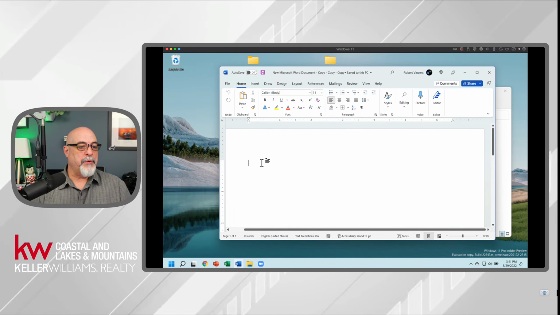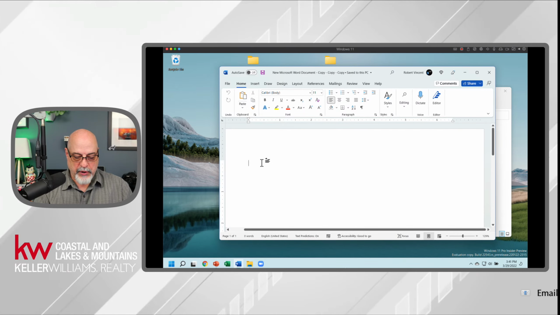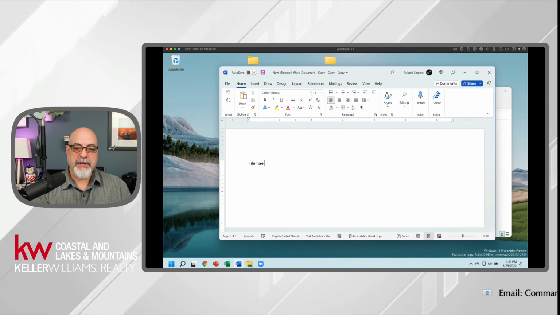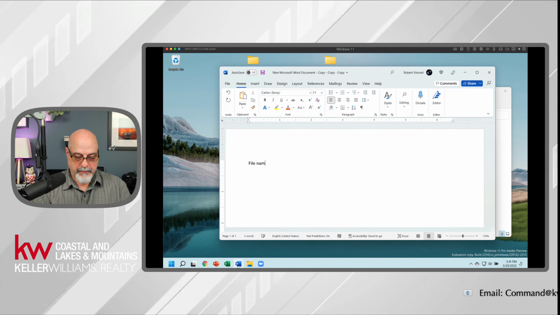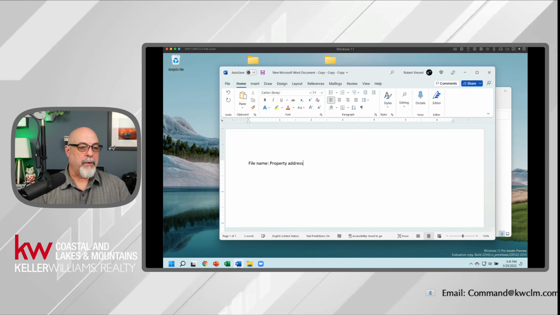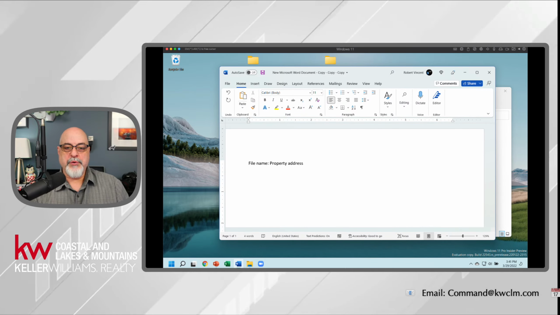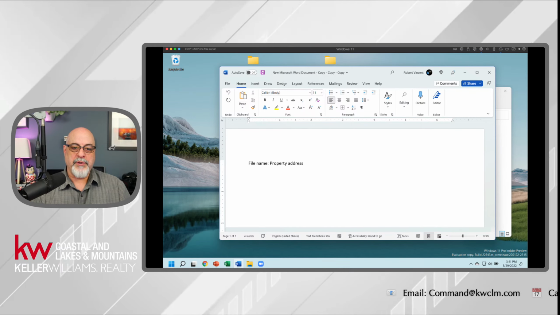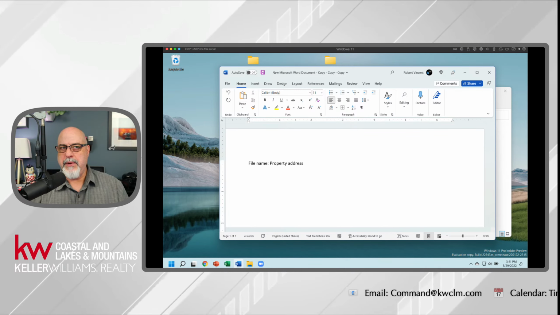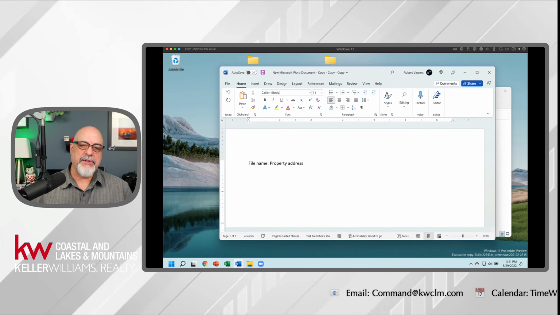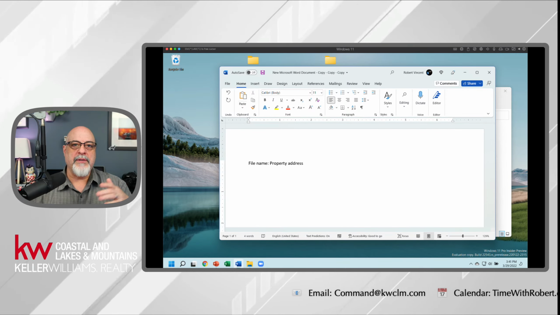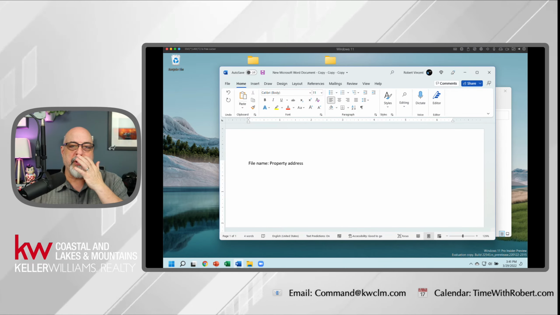If you're dealing with properties, then you always want to start the name of the file with the name of the property. So if you've got 123 Main Street, then you should name your file 123 Main Street. But it's not just the property. What is the kind of file? If it's an image, it kind of already knows it. But if it's a document, like 123 Main Street septic, 123 Main Street appraisal, make sure that you're always adding